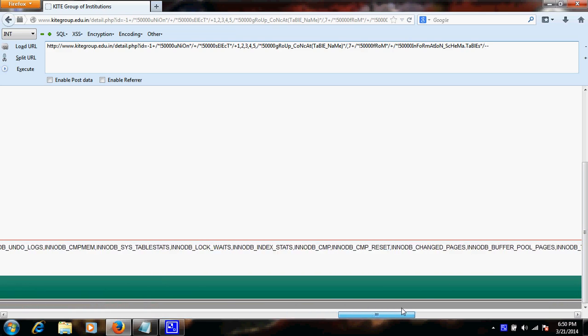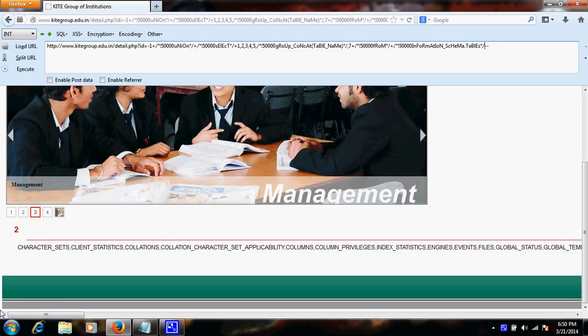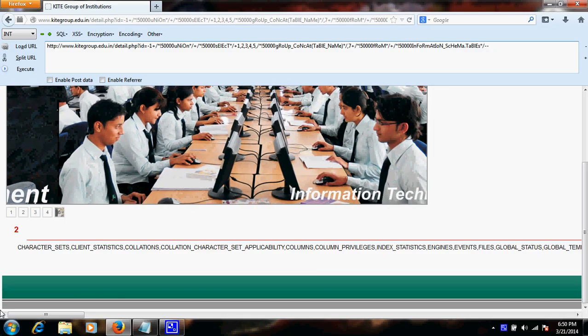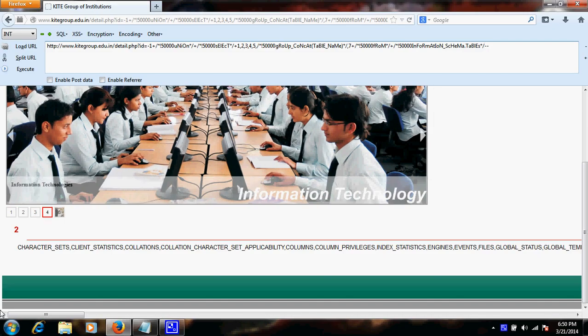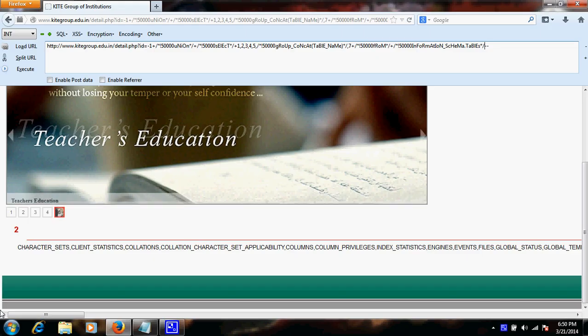But guys, unfortunately we are not able to get any details about the admin table, which means that the admin table might not be contained in this default information underscore schema tables. It might be available in another database which has already been created. So as we don't know what the database name is, what we can do in this case is very simple. I will be using where